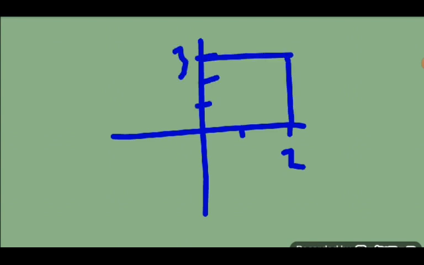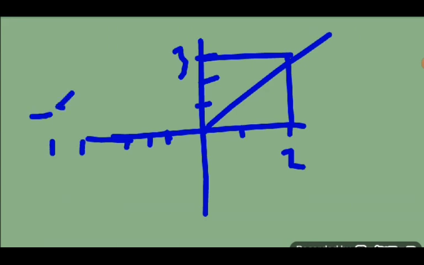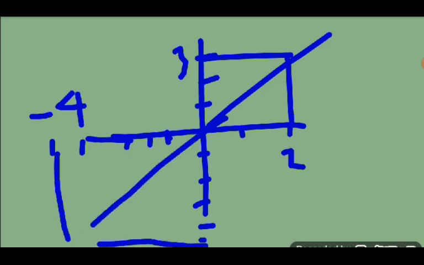2 in the i and 3 in the j, 1, 2, 3 in the direction of j. So connect these two, get this line. And minus 4 in the i, 1, 2, 3, 4, this is minus 4 and minus 6. Yes, connect these two and you get a line like this. So they are collinear. So the answer is D. That's enough for now. We'll proceed from question number 5 in the next